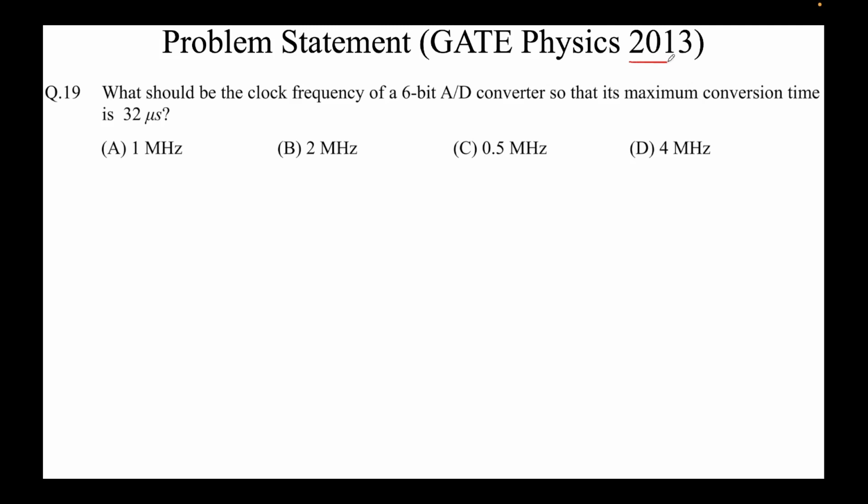The problem statement from GATE Physics 2013 reads as follows. What should be the clock frequency of a 6-bit A to D converter so that its maximum conversion time is 32 microseconds? This is a multiple choice question with one correct answer, and we'll find the correct answer and then tick the correct option. First, let's look at what, as far as analog to digital conversion is concerned,